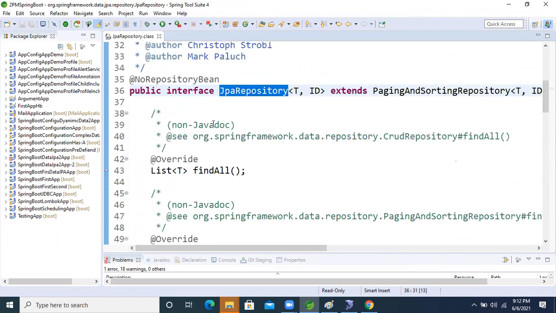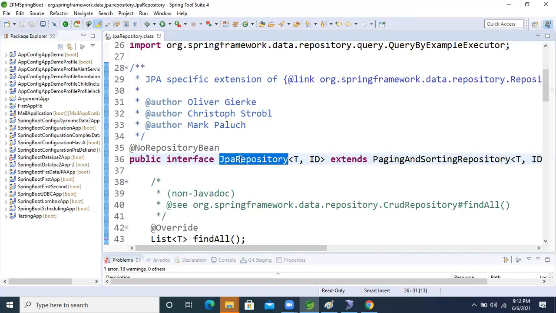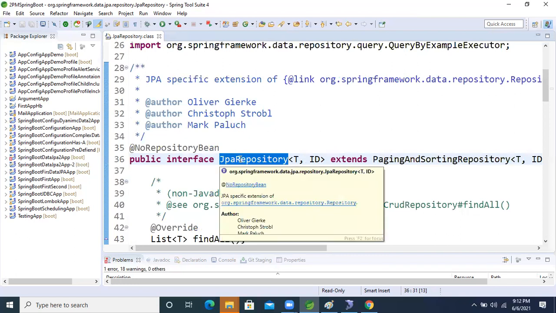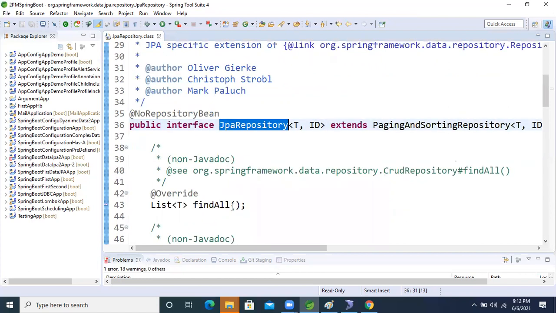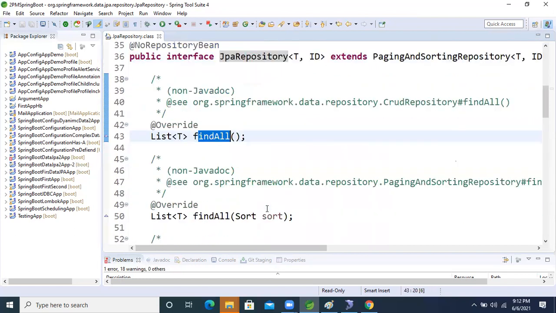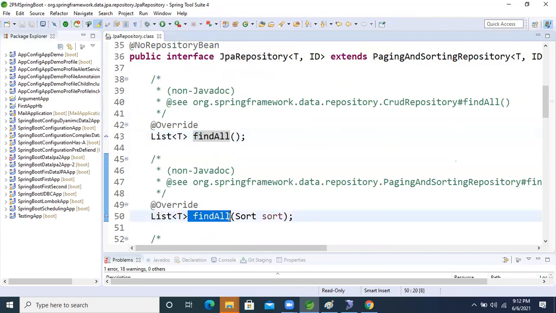This is the repository interface. findAll is there, but this one is the non-argument one that returns List only.